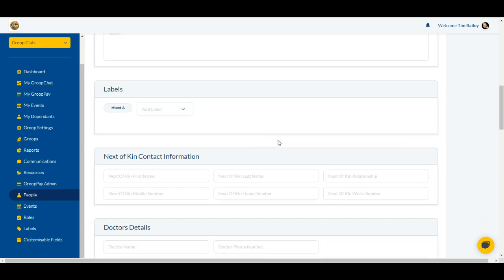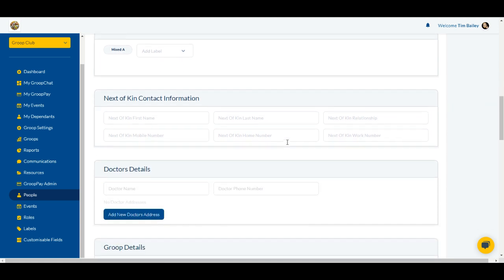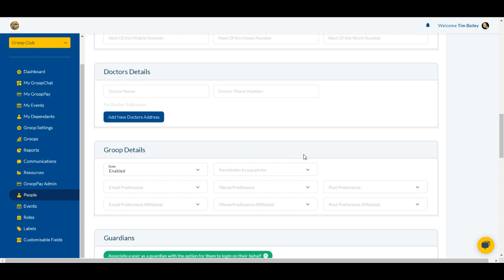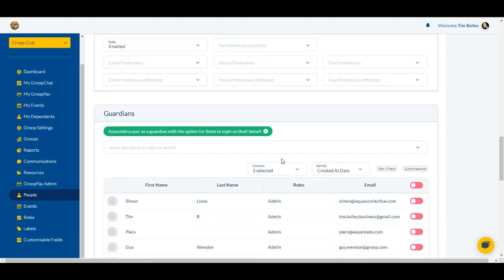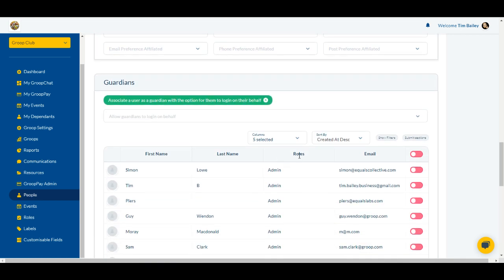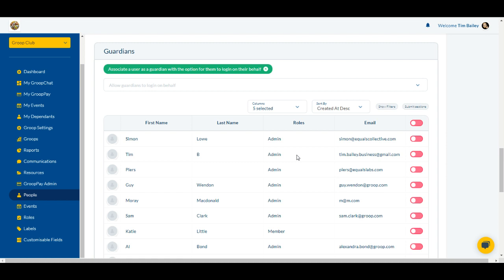There's also next of kin contact information, which you're more than welcome to fill in, doctor's details, and other group details as well. Another feature within the group platform is the Guardian section, and in here we can associate a Guardian with someone who's under the age of 13, or maybe it's more the older demographic that we're looking at as well. From here I can associate myself or another Guardian or dependent against an individual,